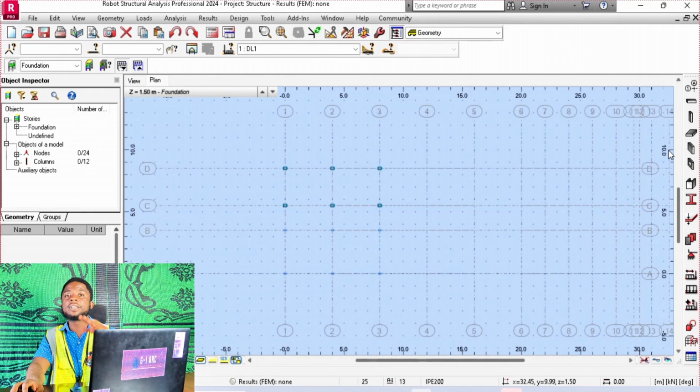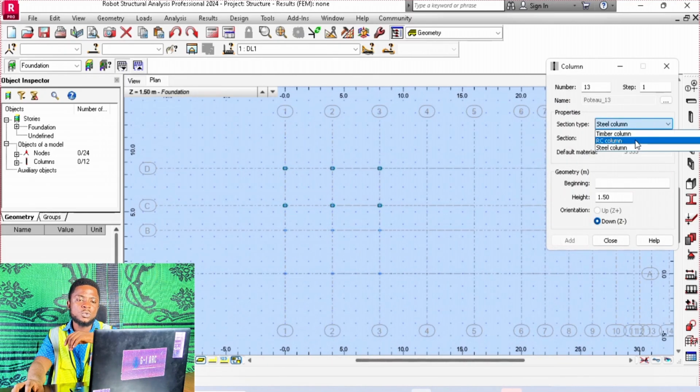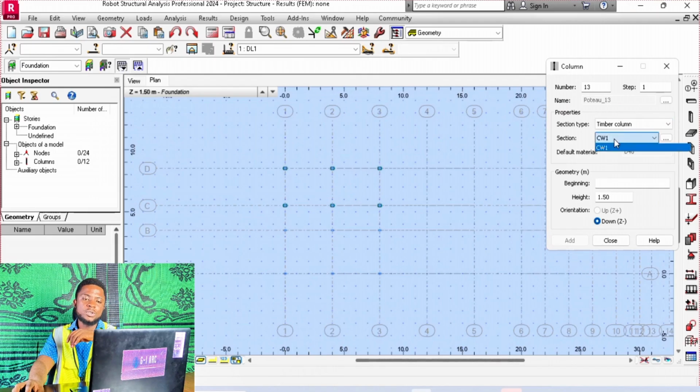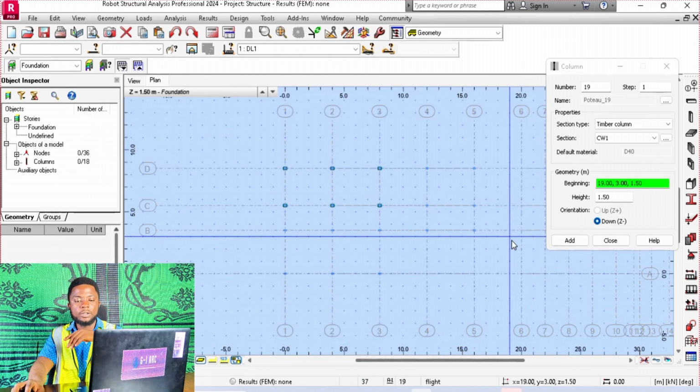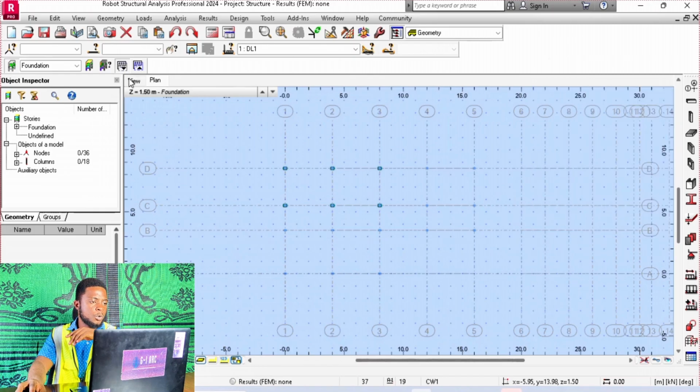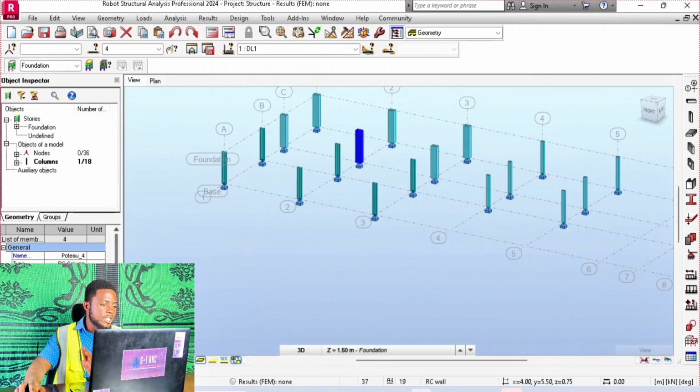If you're working on something like timber column, you're going to click on the columns here. You're going to change from RC column to timber column, and you are going to see that we defined the section CW1. You can just place your timber columns wheresoever you need them. And once you are done placing them, you click on close. You can move to view, and you see that you have placed your timber columns. And you are going to see the properties here. For example, this column is found on the foundation. It's of height 1.5